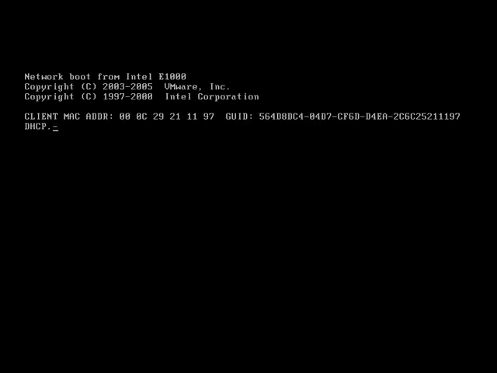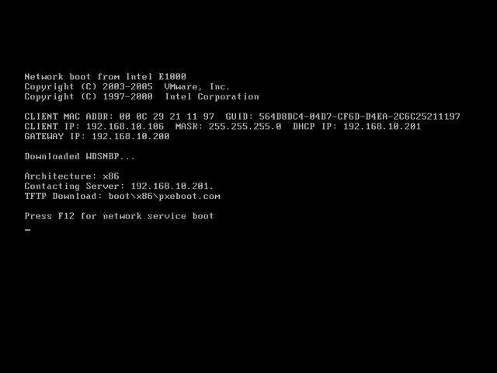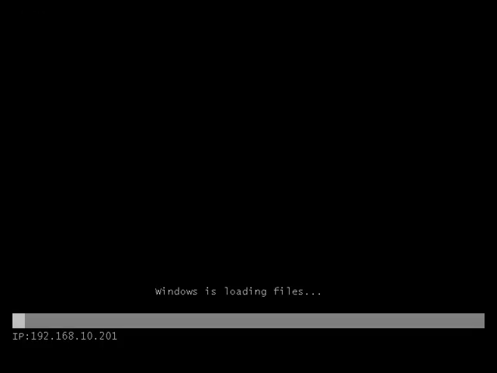Here we're waiting for DHCP, and press F12. And now Windows is loading files. This is going to be exactly the same as what we had before. We're going to have the same few selections as far as having to go ahead and select which operating system